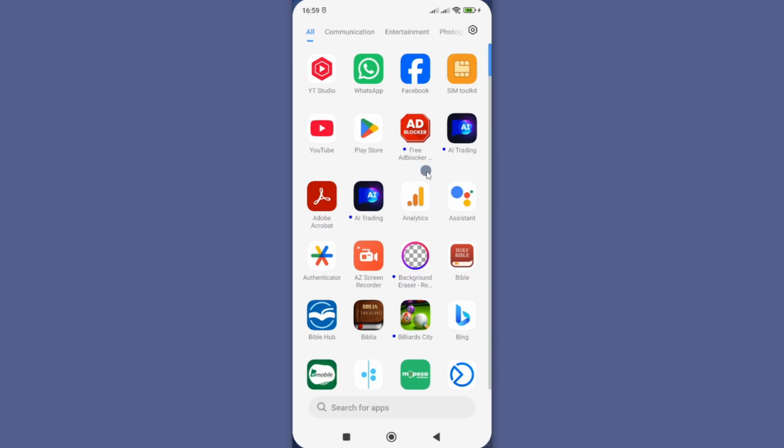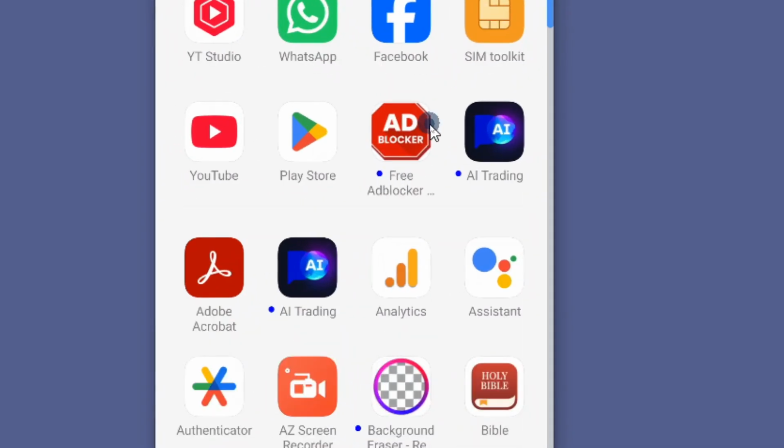In this video, I'm going to show you how you can install the correct free AdBlocker browser app on your